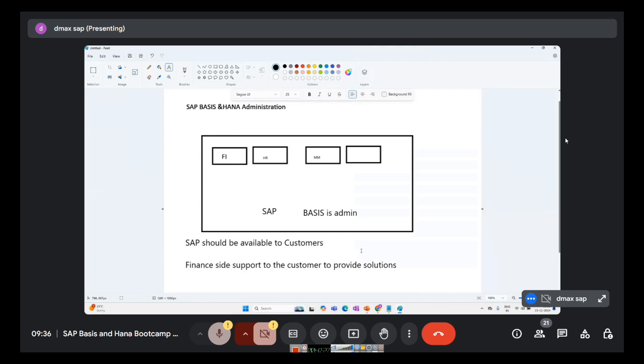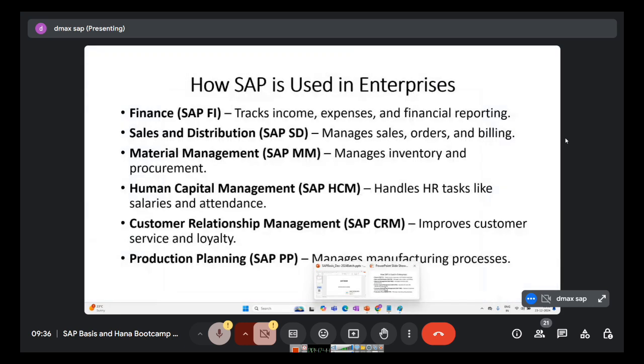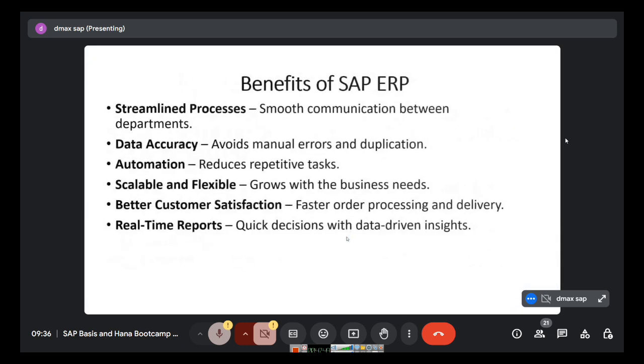So these kinds of basic administration you can understand. In future we'll discuss advanced activities also. These kinds of admin tasks will be done by us to make this particular SAP server available to all the users who are using it. This basis-related topic will go deeper in future. As of now we are discussing